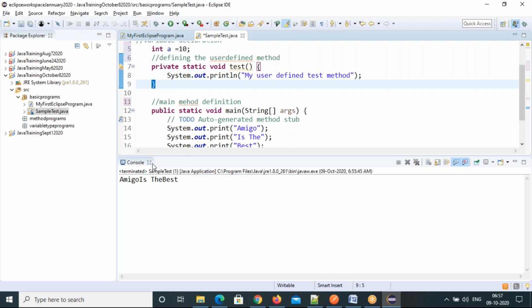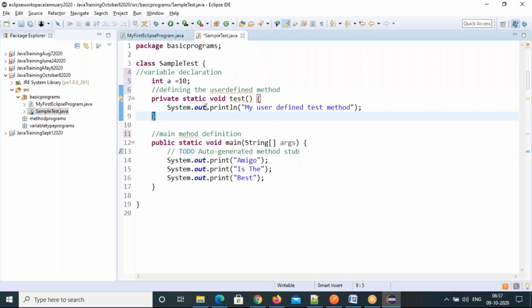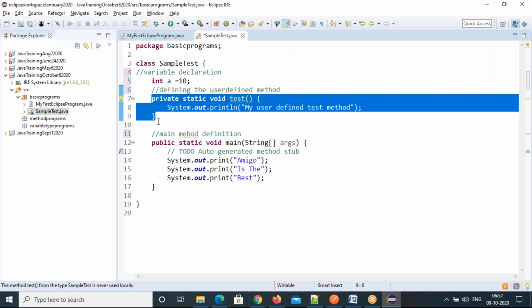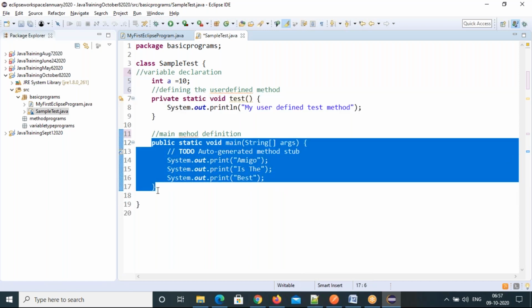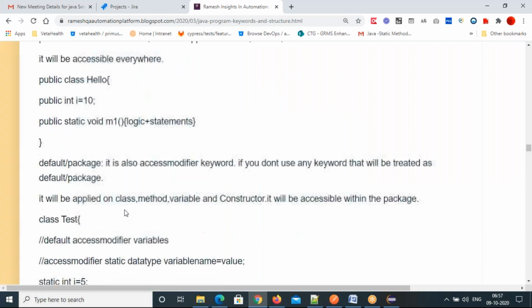So it's not necessary that the main method is first. You can define so many members inside your class. A variable is one of the members, a method is one of the members, main is another member. That is also one method, right? This is another member, that's it. But this main method is used for execution purpose. Let's move on. Any other questions?